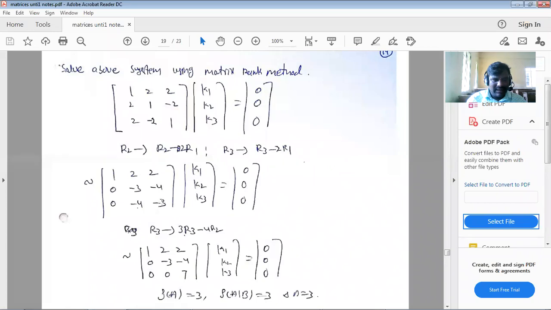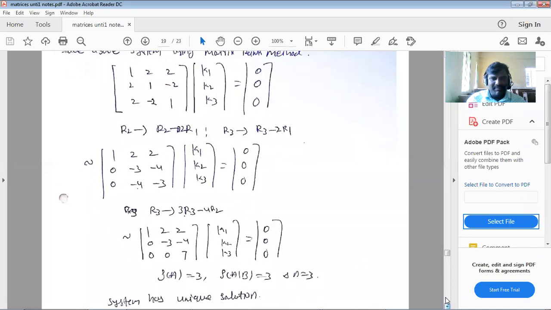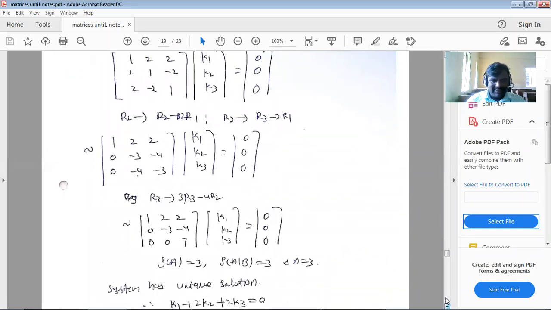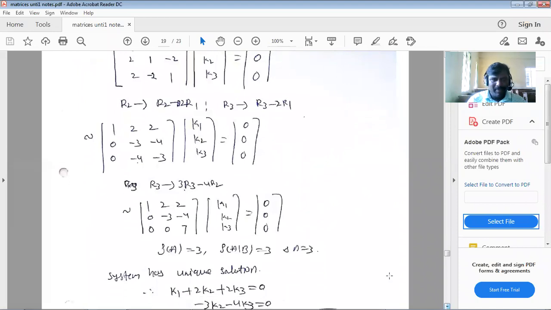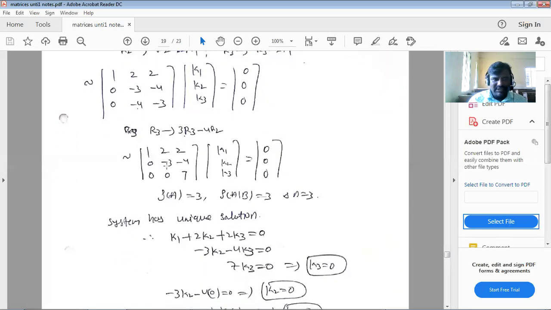Here, in R3 we can get numbers other than this, but finally you get the same rank. Thank you for finding mistakes in my notes. Very good. Therefore, the answer will be the same, not a problem, but you have to change it here. I don't have the pen right now. Therefore this one is minus 6, and this also changes. The operation will be different. But finally, the rank of A is equal to 3 and the rank of AB is also 3, and the number of unknowns is 3. The final answer cannot be affected, but the numbers are changing here. You have to do that, please. I will change it later.